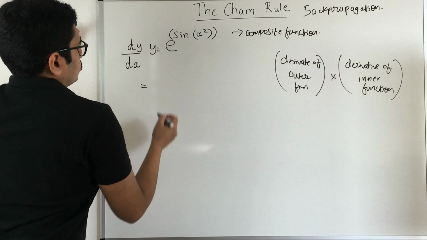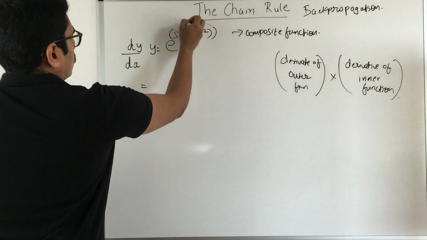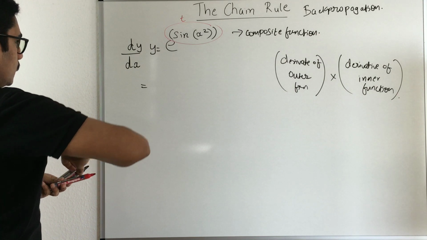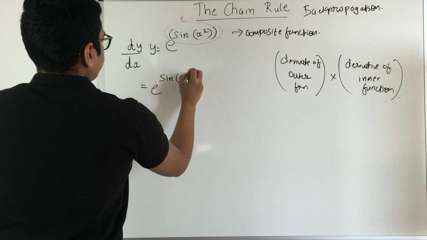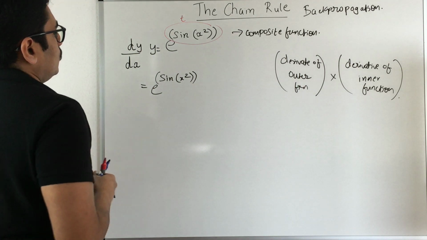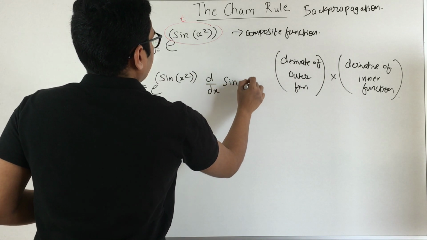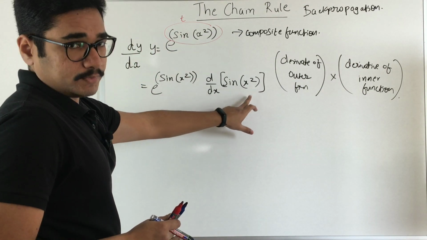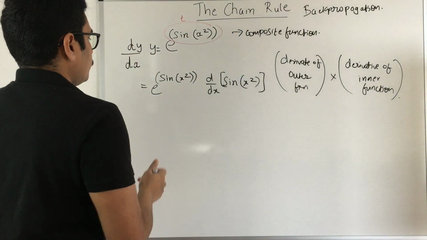So how would you take the derivative? For the derivative of e raised to x, this particular equation, you can consider that as e raised to t. So when you differentiate, you first write it as e raised to sine x square. For e raised to x or e raised to t, you have the same form, and then you need to take the derivative of, that is d by dx of sine x square. Till you reach the derivative of x square, you need to differentiate this. That is each individual unit you are trying to differentiate.